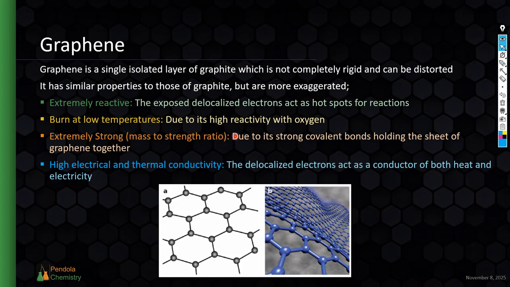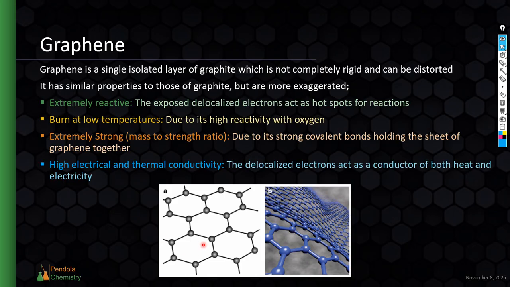Now, what do we mean by that? We obviously could not stand on a single layer of graphene because our mass, our size compared to the graphene is very, very different. But for its size, graphene is really strong in its mass to strength ratio. And that's just because it's essentially a net made out of covalent bonds. A graphene is a singular sheet of graphite, so it's a hexagonal net of covalently bonded carbons. And so it takes a lot of weight or force to break those covalent bonds,